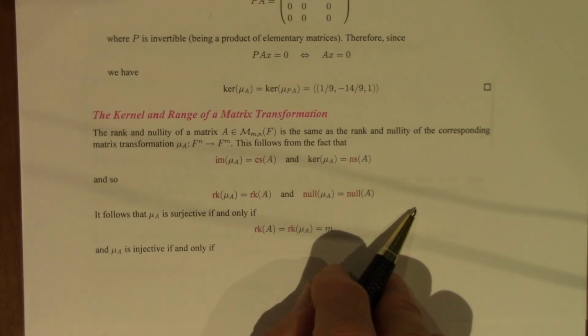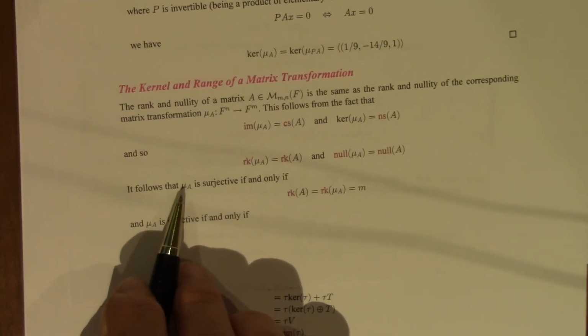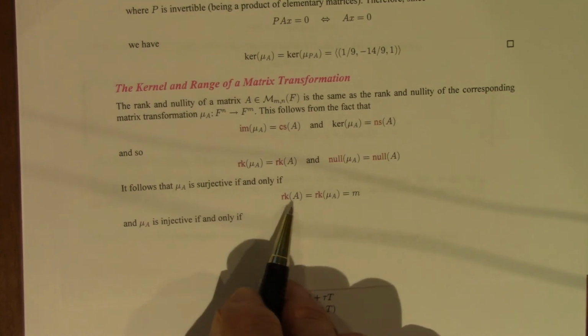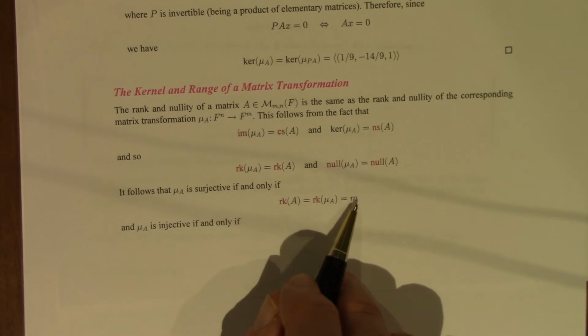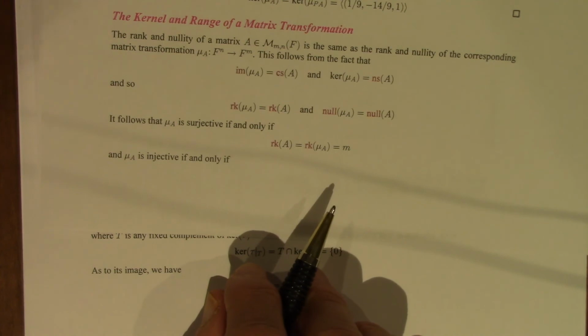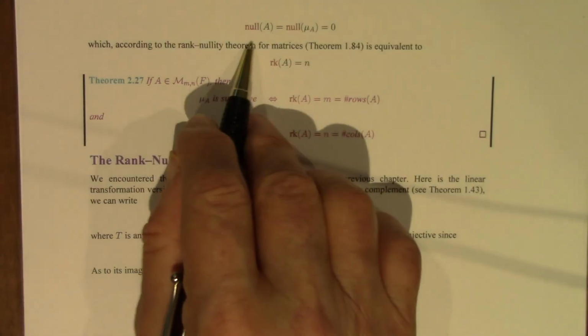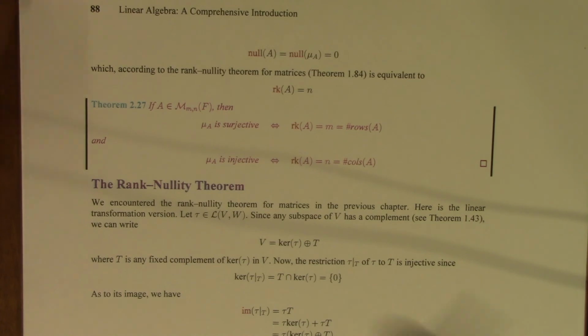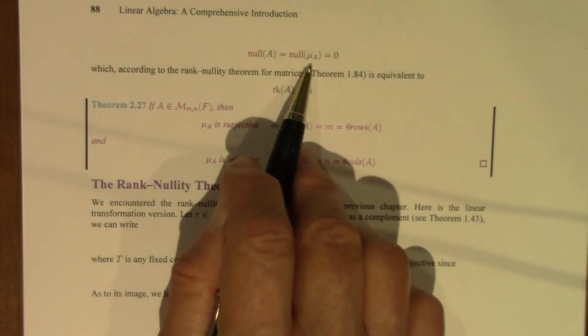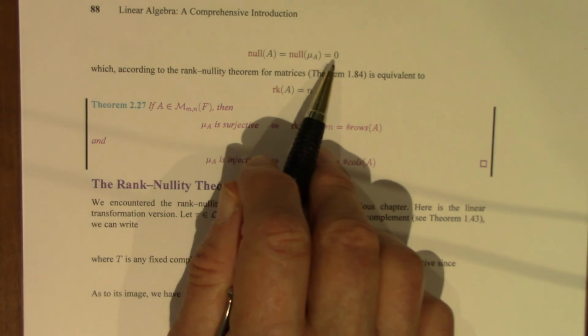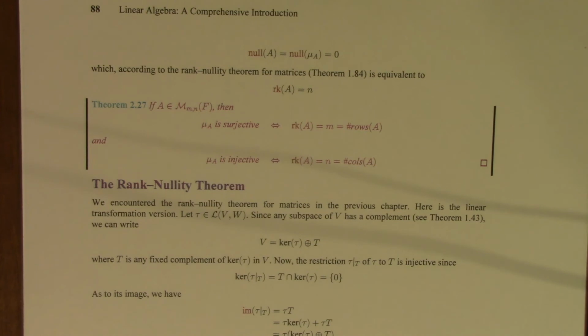It follows then that the matrix transformation mu sub A is surjective if and only if the rank of the matrix is equal to m. That's the number of rows. And mu sub A is injective if and only if the nullity of the matrix is 0, or the nullity of the matrix transformation is 0. And according to the Rank-Nullity Theorem for matrices, which is in Chapter 1, and I don't think I covered it in the lectures,